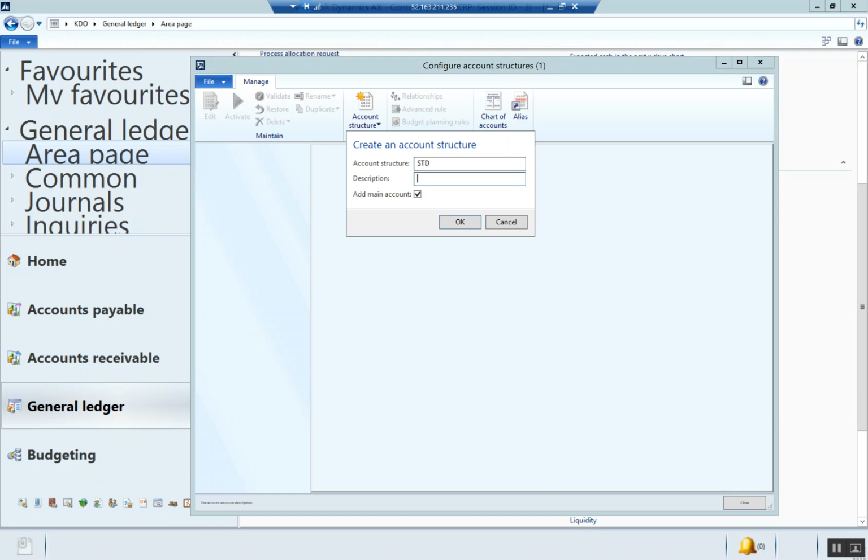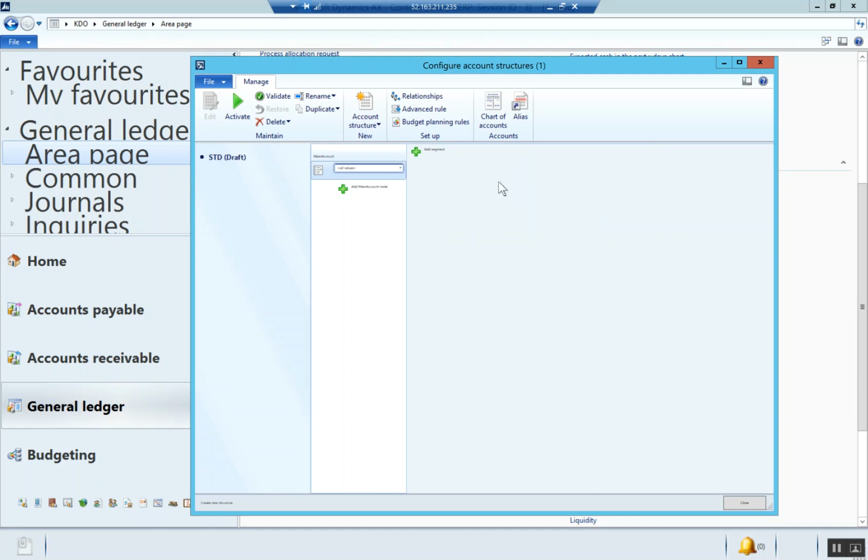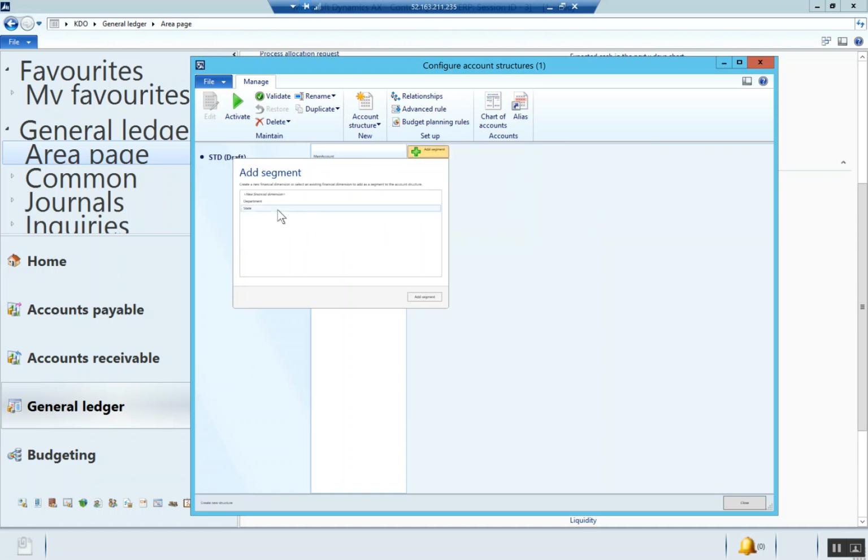So all of these will be standard, and as the business grows, we may become more complex and use different elements. So let's just call this a standard one, and we're going to add the main account. So this is very small. What that says though is all values, and we can add a segment. We're going to say state,